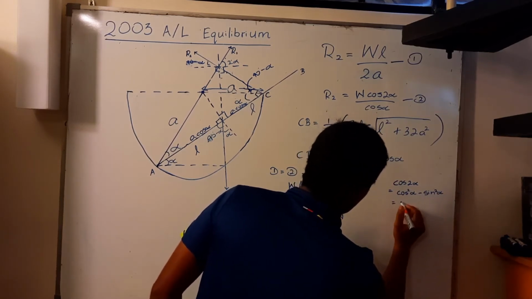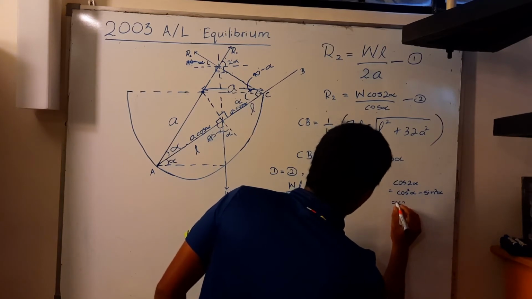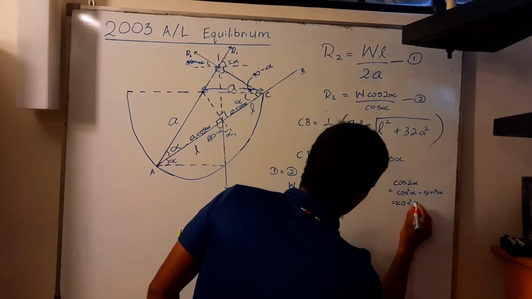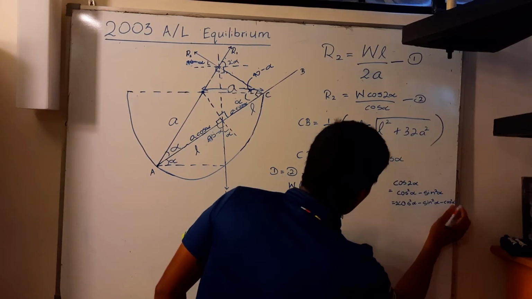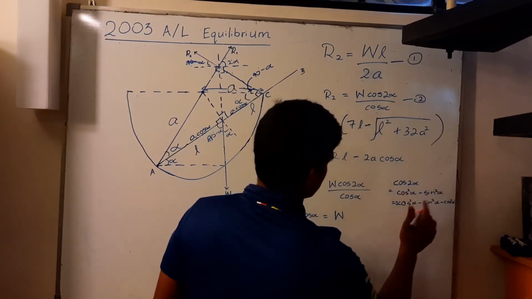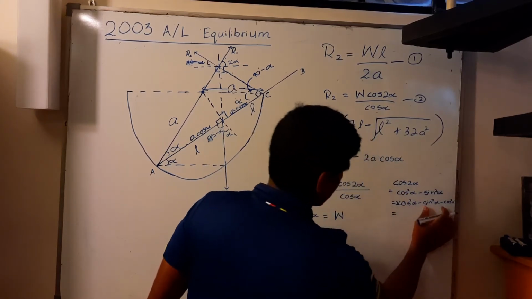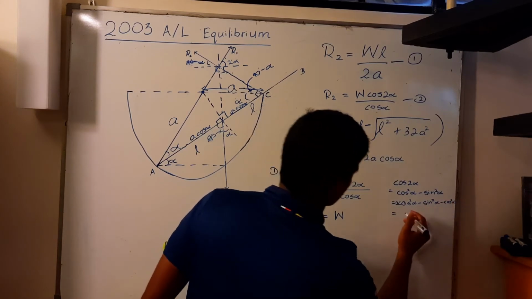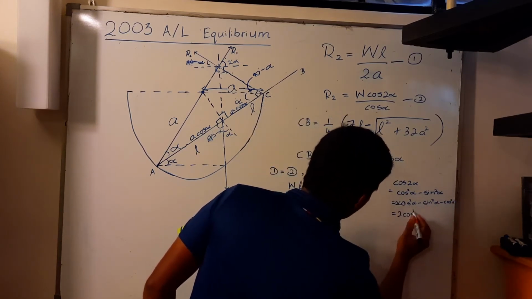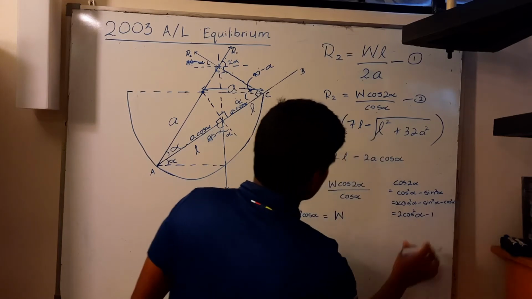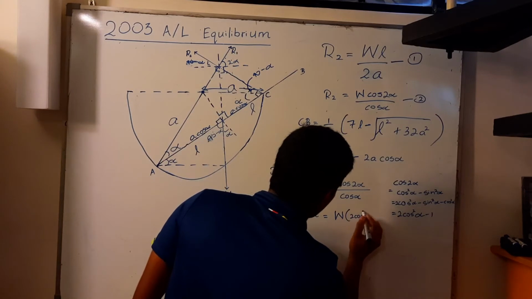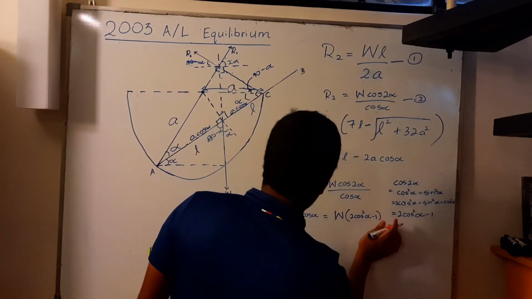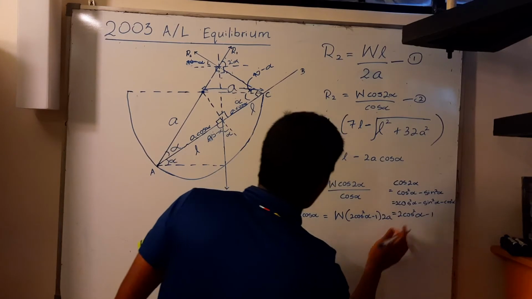So what I'm going to do is add another cos squared alpha and subtract it as well. Then it's the same as this. As you can see, minus sin squared alpha minus cos squared alpha is minus 1. So then it becomes 2 cos squared alpha minus 1. I'm going to write this as that: 2 cos squared alpha minus 1 into 2A.